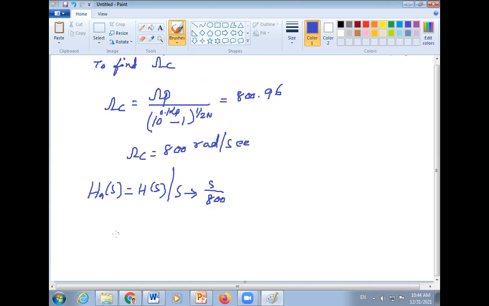So we write the transfer function H a of s equals 1 divided by (s by 800) whole square plus root 2 into s by 800 plus 1, or simply this is equals to 1 divided by